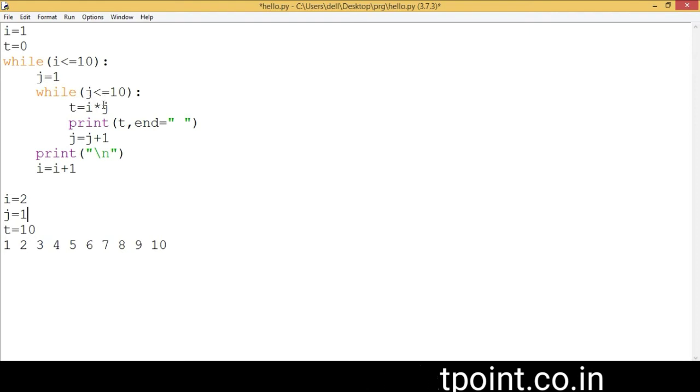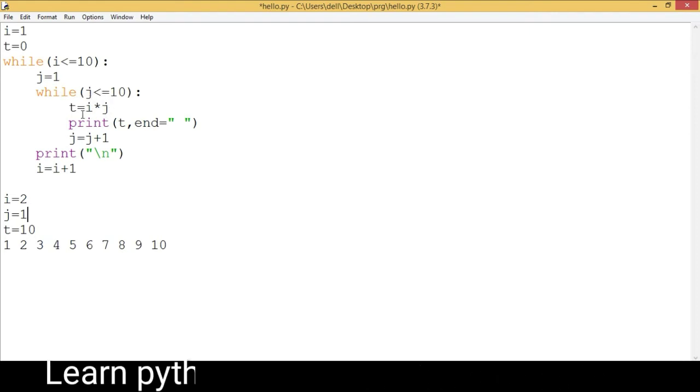So change the line here, and the value of I equals I plus 1. Now the value of I is 1. After adding 1, it is 2. So control comes to the outer loop, and right now the value of I is 2, which is less than or equal to 10. So the condition is true, and control comes here and initializes the value of j as 1. Now the value of j is 1. Control again comes inside the inner loop, and this loop continues and prints the table of 2 like this.